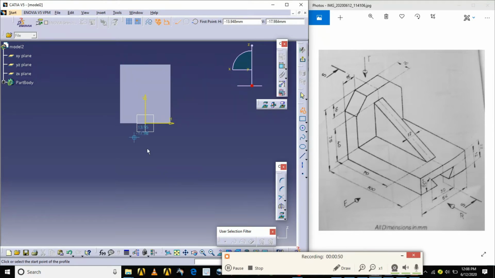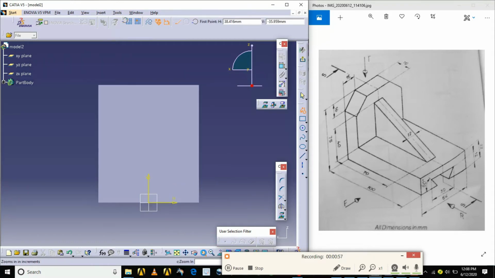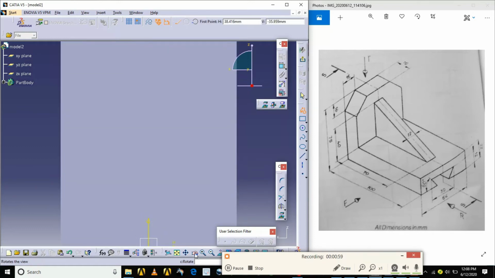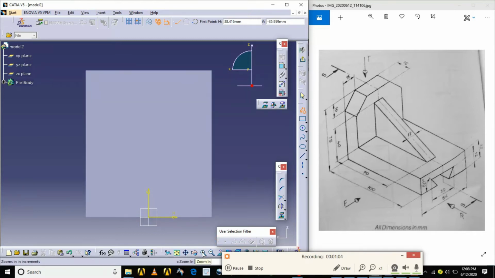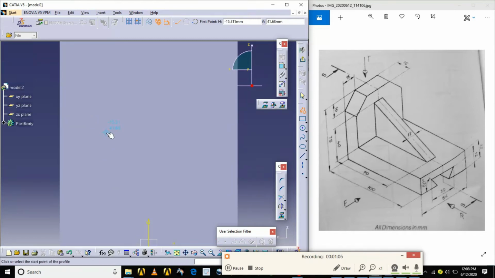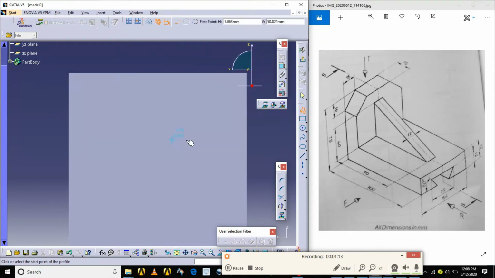If it's possible, you try to zoom it. So I need to remove this material now. I've taken the profile command. I'll draw a line like this.